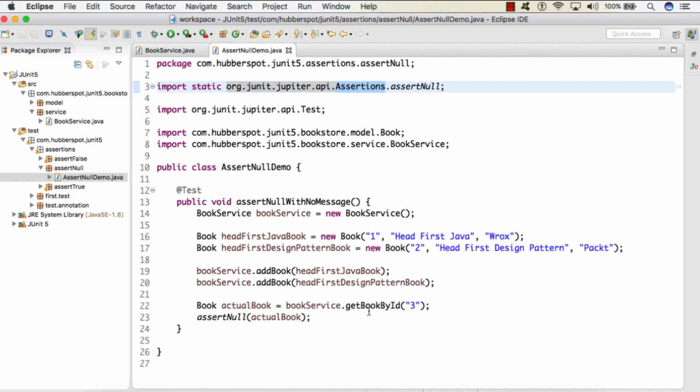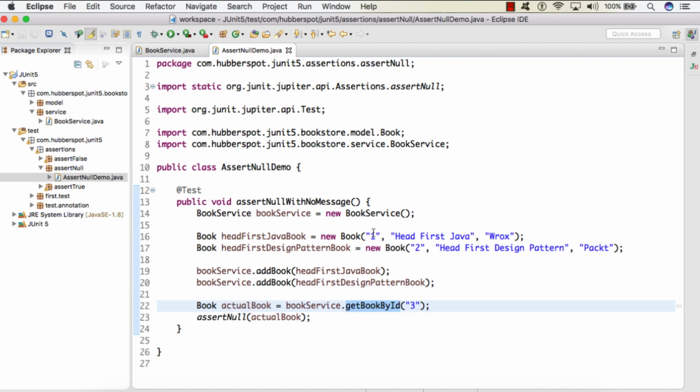So friends, here we are testing getBookById method. We are checking that if you have provided any book ID and if that book ID is not present in the list of books, then null should be returned. We know that we have added two books with ID as 1 and 2, and we are calling getBookById by passing in 3.